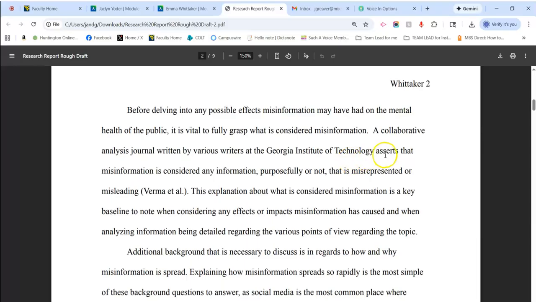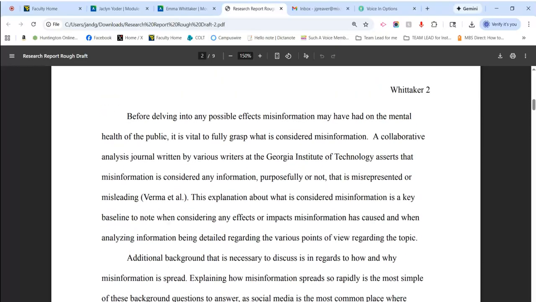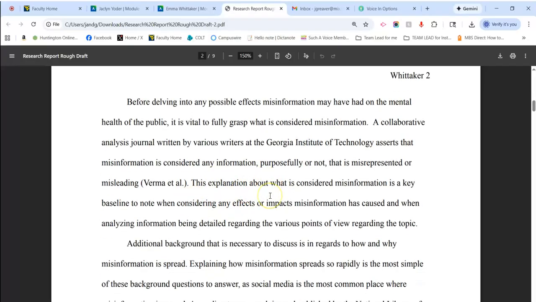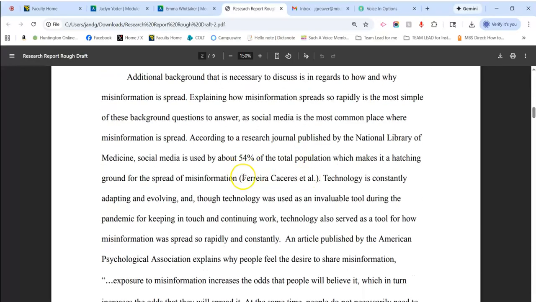And then you could have ended this sentence and said something like, this collaborative headed by Verma, blah blah blah, whatever his or her name is, and offer the full name and a qualifier. And that's what you want to do every time you introduce a source, when the source is providing important information related to your actual topic and argument. So again, here you should probably say, according to, is this their name?